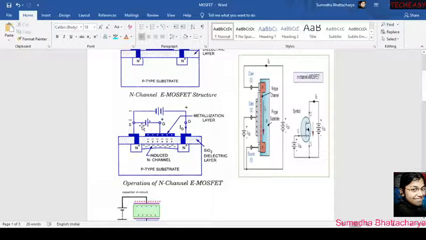We have to increase this VGS. With increasing the VGS, what will happen? The channel will increase. The depth of channel will increase. So what will happen? The pinch off region will be less. So again the current will flow, and with the current flowing, again the depletion region happens, and again the